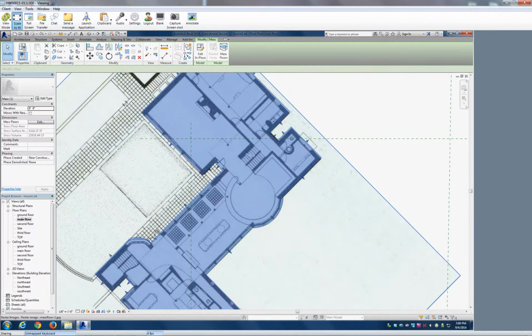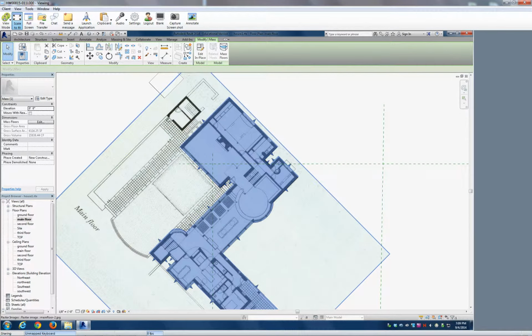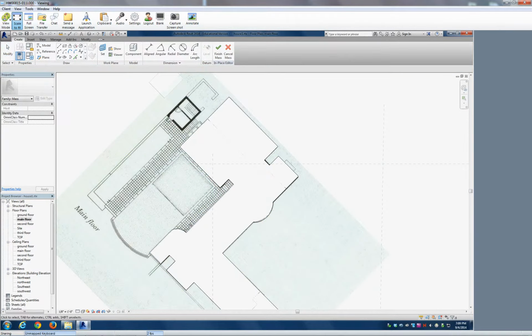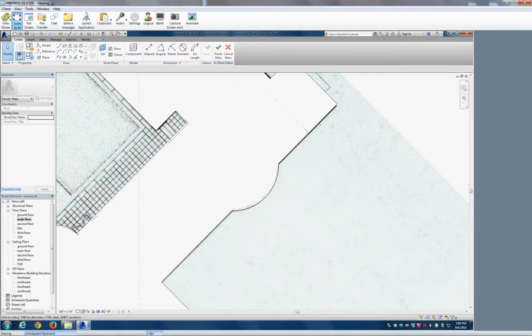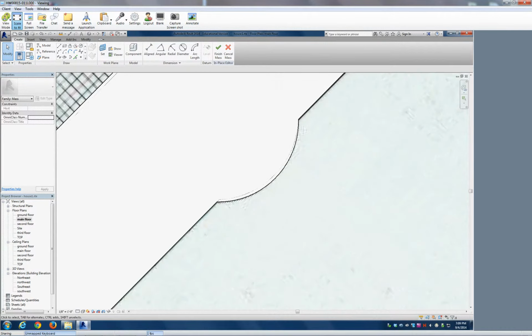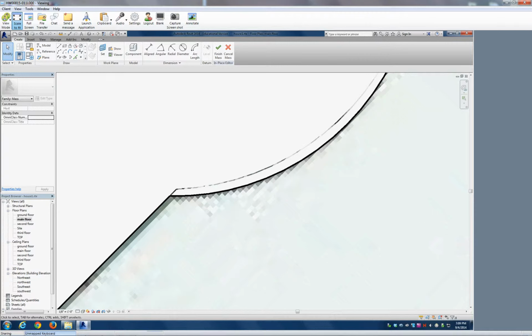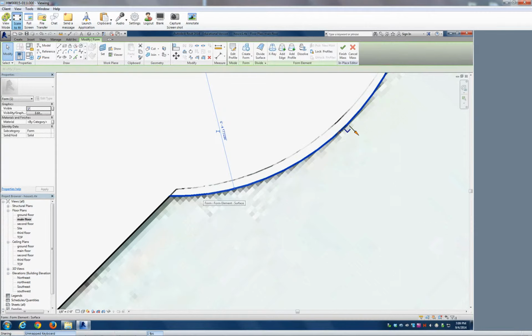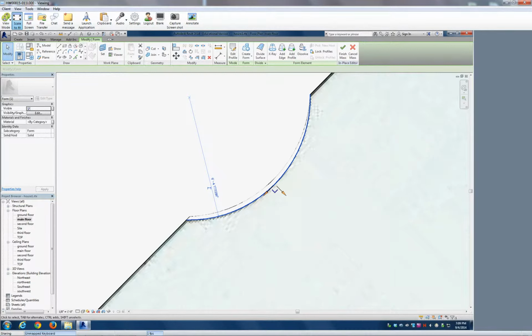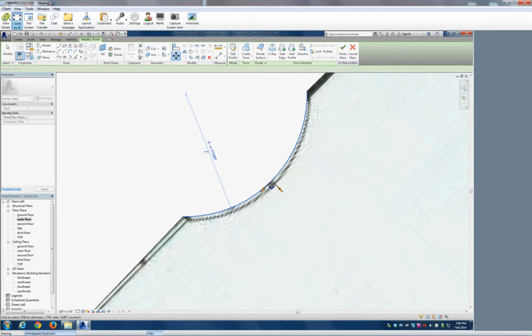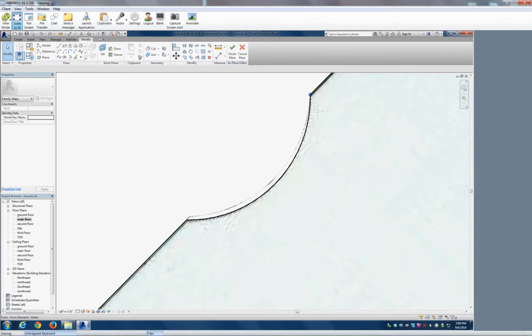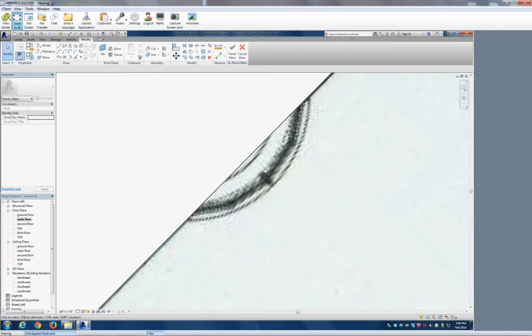So this is the one that's a little bit off, right? Now we don't have to totally redo it, so we can go to edit in place. And you see where it's messed up. So if we pick this, you could potentially edit it. Well, I think that's going to move the whole curve. So if we delete that,